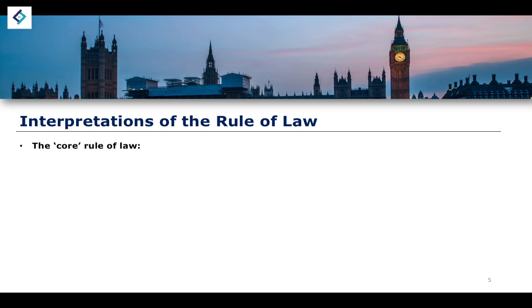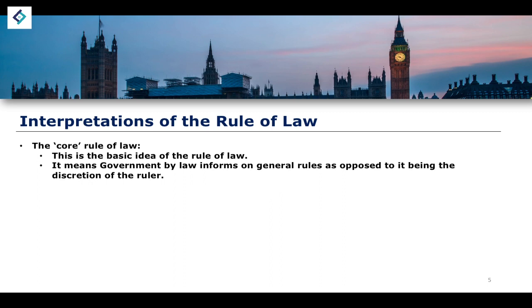So let's think about the interpretations of the rule of law. We have this idea of a core rule of law principle, and this is the basic idea of the rule of law that we have explored in this lesson. It means government by law informed by general rules as opposed to it being the discretion of the ruler, okay? So instead of it being the arbitrary discretion of a particular ruler, whether that be a monarch, for example, then